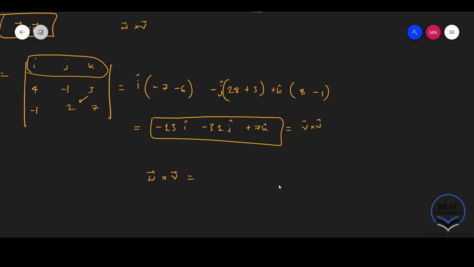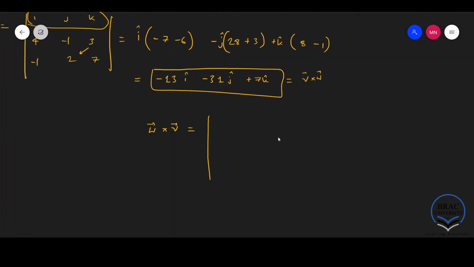So similarly, we now have the following determinant, i, j, k, and in this case, we consider the components of W first for the second row, right? So we will now have minus 1, 2, 7 in the second row, and the third row will have the components of V. So we have 4, minus 1, 3, and if I expand across the first row again, I